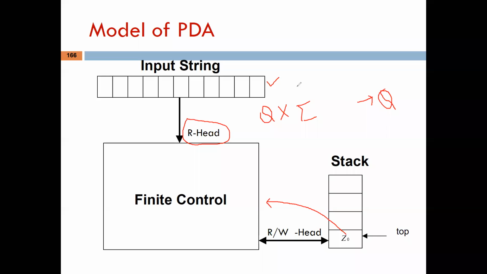Riya, good. Okay, so you know about this transition function. You are familiar with this transition function because this is the transition function of DFA, right? So now, as per the given model diagram, you can easily see we are also using one more head. The job of that head will be to read or pop out the symbol from the stack. So here we will apply tau, because tau is responsible for all the symbols on the stack. Is it clear? So for reading the symbols from the stack, we are using tau here.